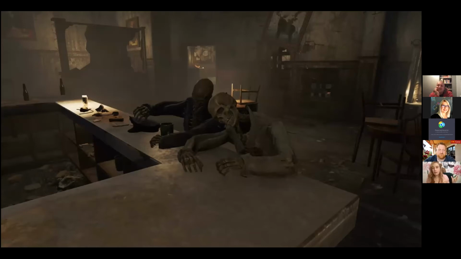Absolutely. So in the game Fallout 4, it's about a post-apocalyptic world. A nuclear apocalypse has happened, and we see a lot of remnants of the world that was. In this scene, we see two skeletons at a bar, and one's literally got his hand up as if he's still pouring a drink. We know this is how these two gentlemen chose to go out when they knew the bombs were falling. Their heads being tilted to each other could have just happened in a blast, but it gives us a sense of their camaraderie, their friendship, and this is how they chose their moment. They're going to go out drinking.